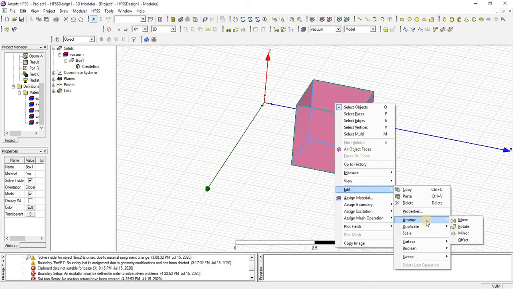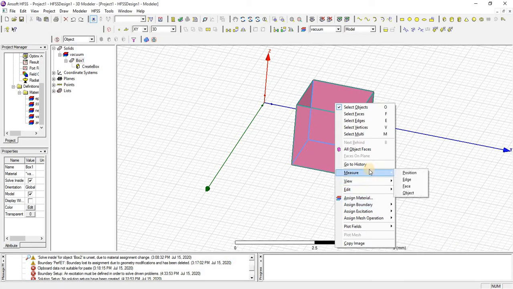You have noticed that the difference between the arrange and duplicate commands is that in the arrange command the original object is moved or rotated, and in the duplicate command a copy of the object is rotated and moved.